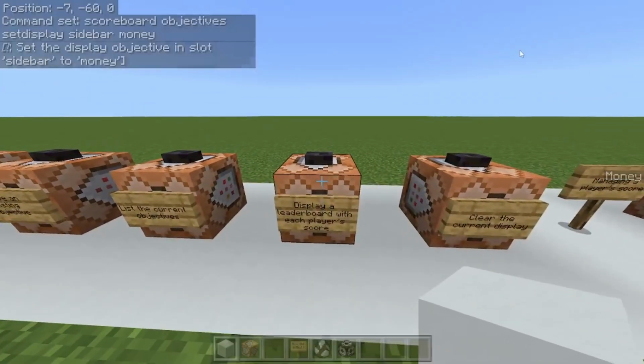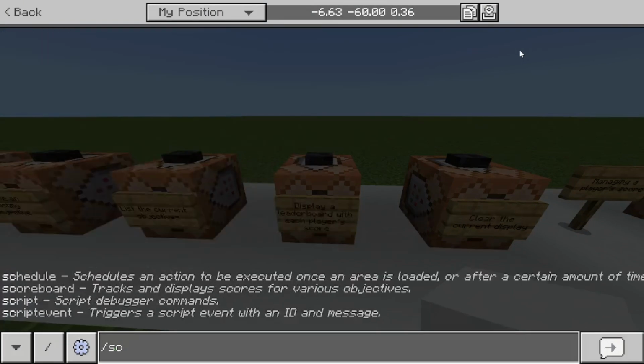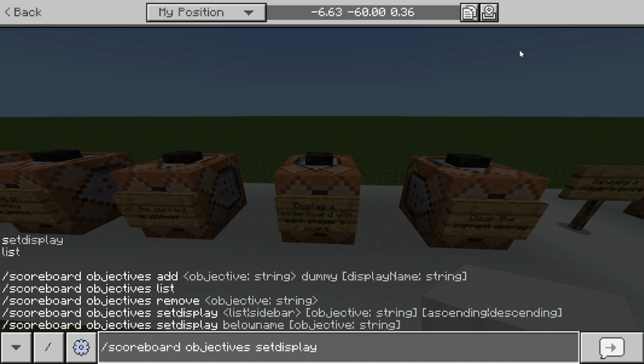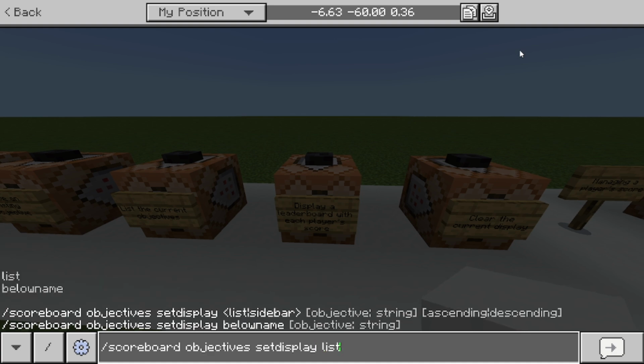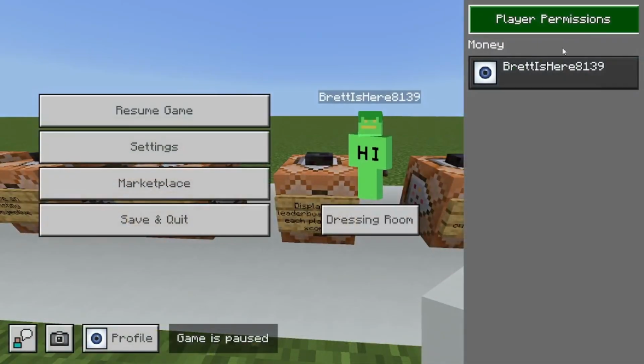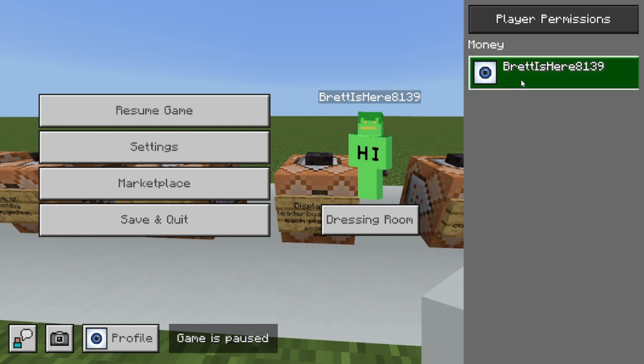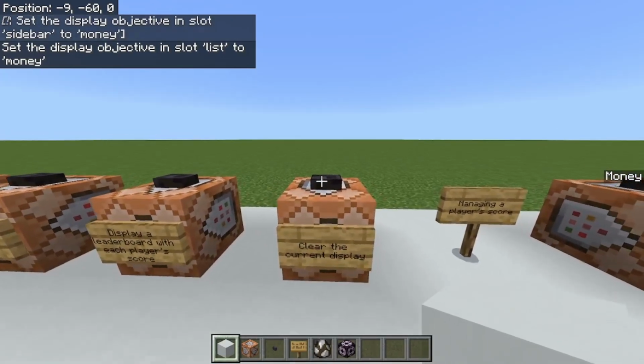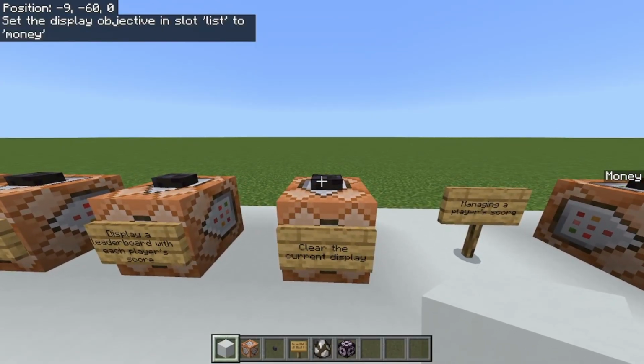If I also add the list and then do money, then if you come over here, instead of players in whatever, I think the demo world is what I named it, it says money, and I don't have a value of the score yet, so we'll get to that later. But basically, it'll list that, and also on the sidebar, if a player doesn't have a score, then it won't show up on the sidebar.